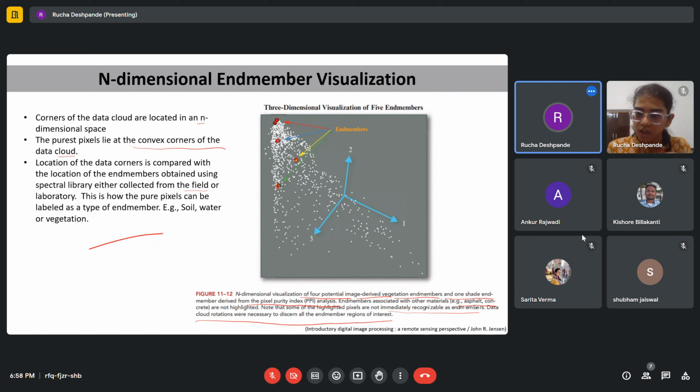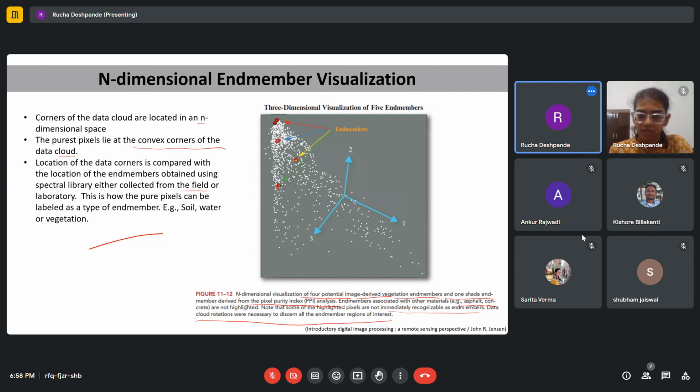So we know that these pixels correspond to some sort of pure pixels, either soil, water, vegetation, or some other pure pixel. But we do not know which corner is which pixel. So in order to find that,